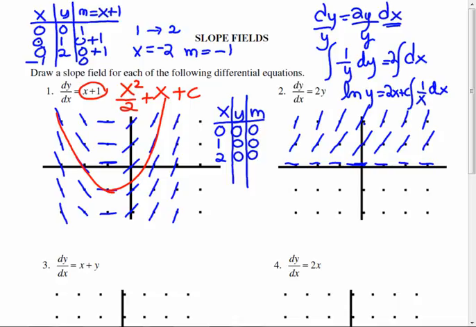Okay, what if y is negative 1? Then what's the slope here? y equals negative 1. I don't care what x is. Negative 1, what's the slope? Negative 2. So it's steep going the other way. Whoops, wrong direction. No, I did it right. It's easy to go the wrong direction. And at negative 2, it's going to be even steeper yet, negative 4. And if I just take a point here and follow the direction,